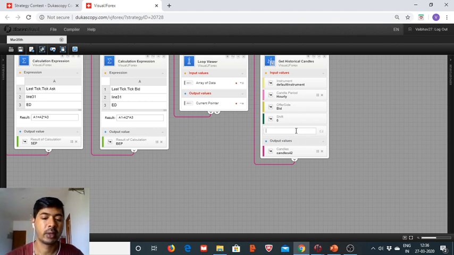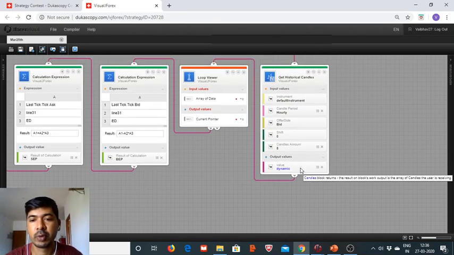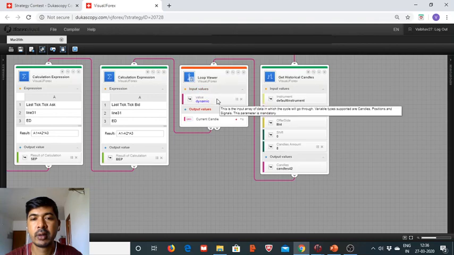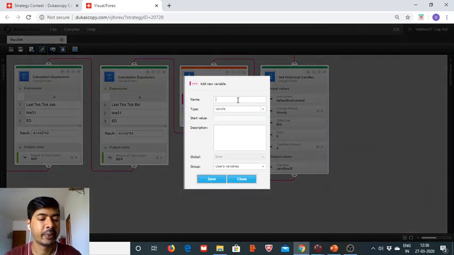We want the 8 candles to be of 1 hour each, and then we put this array of data here, and we define it as high low candle, HLC. Okay,